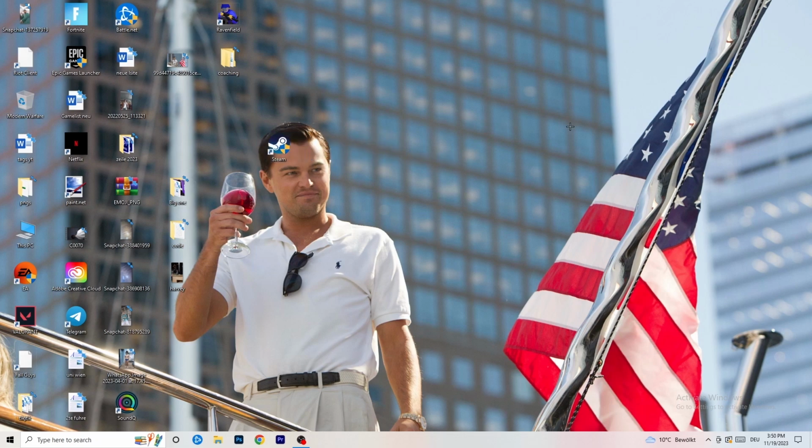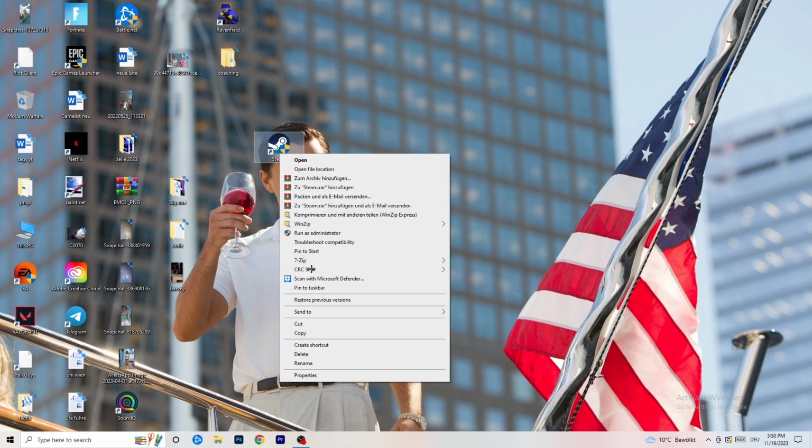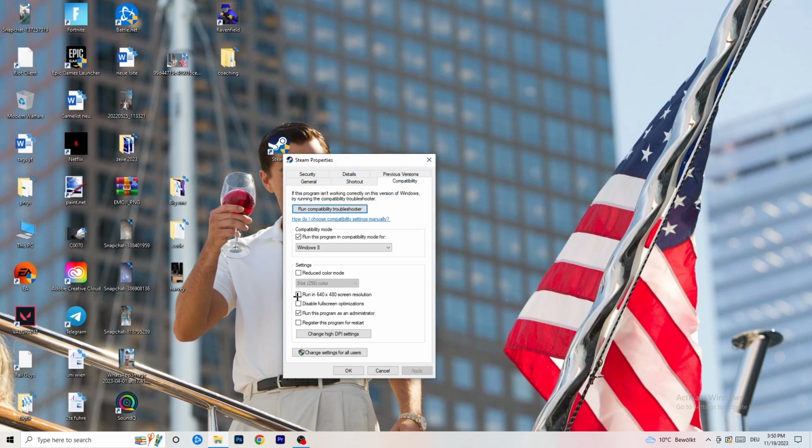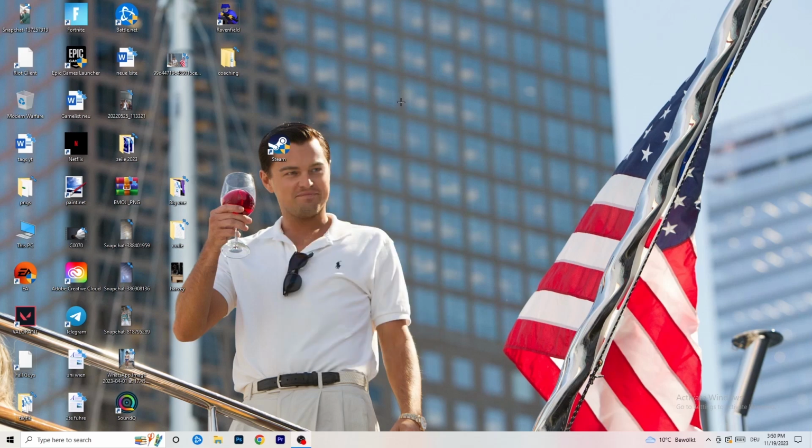If it doesn't, take your in-game shortcut on your desktop if you have one and do the same thing to it. So right click, run as an administrator, or properties, compatibility, copy the settings, do the same thing again. So the next thing I want you to do is navigate